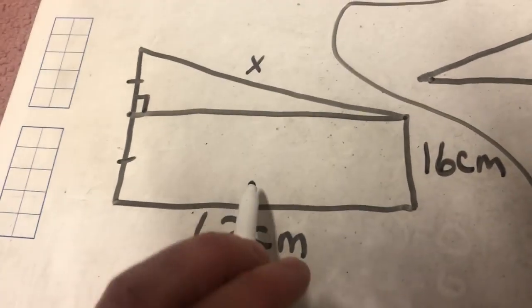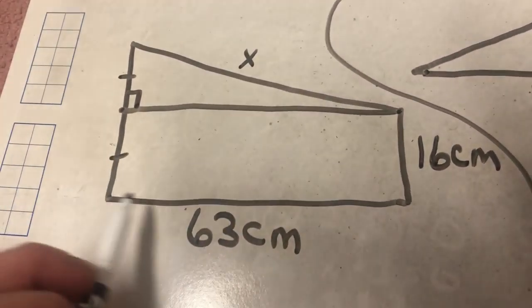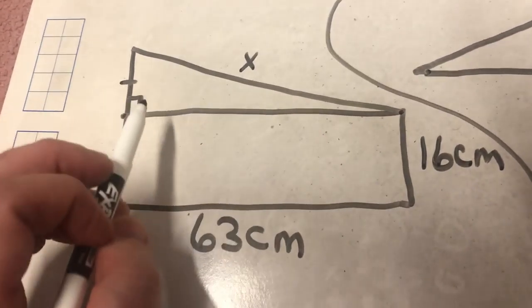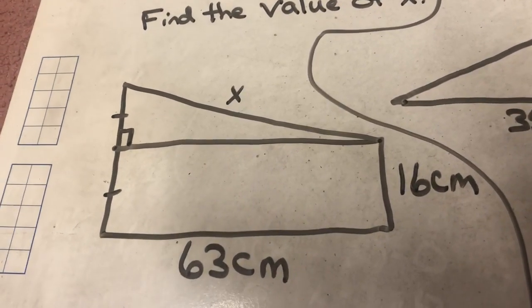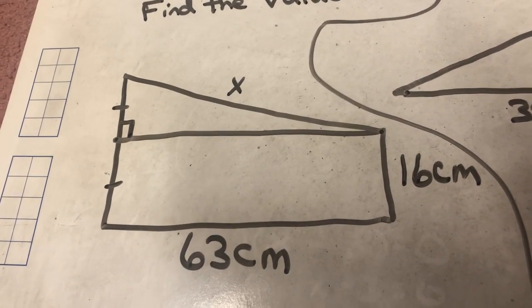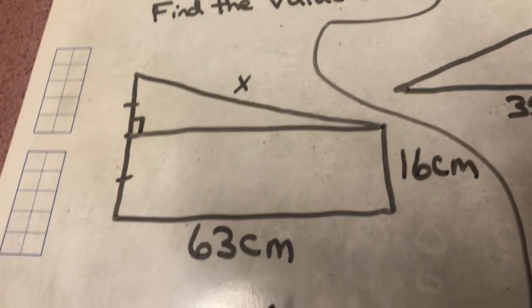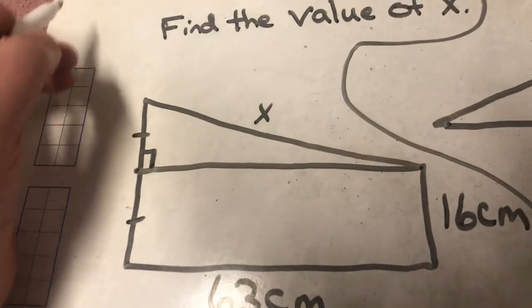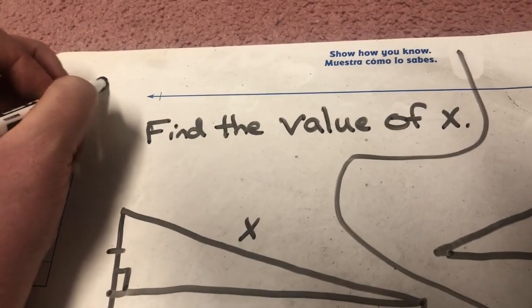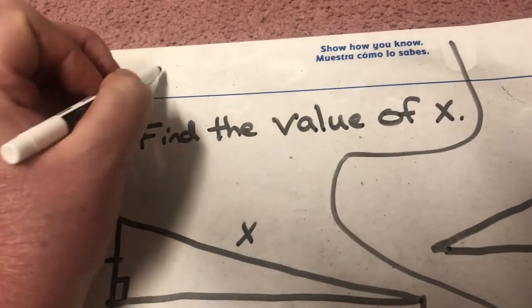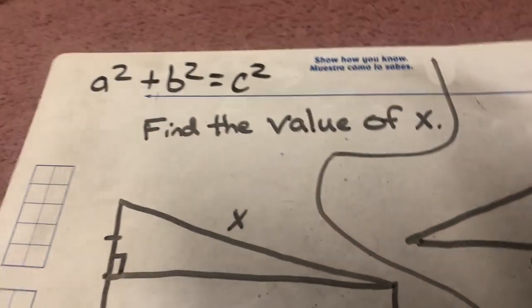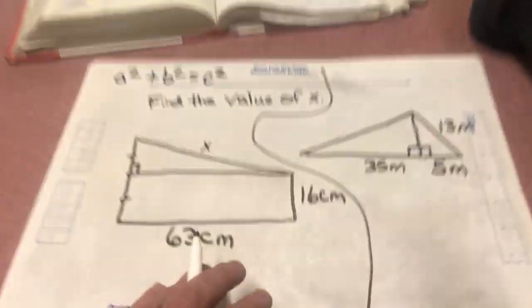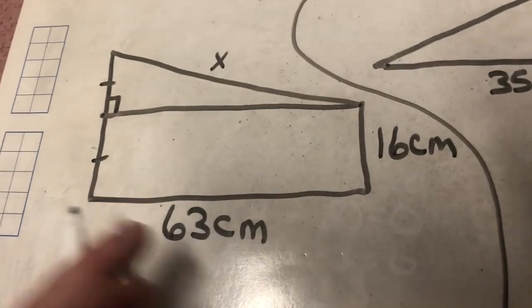So here we have an interesting figure. We see we have a rectangle here at the bottom, and then we have a right triangle. So the fact that we have a right triangle, the fact that the whole first section was about the Pythagorean theorem, common logic needs to tell us, 7th grade, that we are going to be using the Pythagorean theorem of a squared plus b squared equals c squared. Somehow that is going to have to come in to the work on this